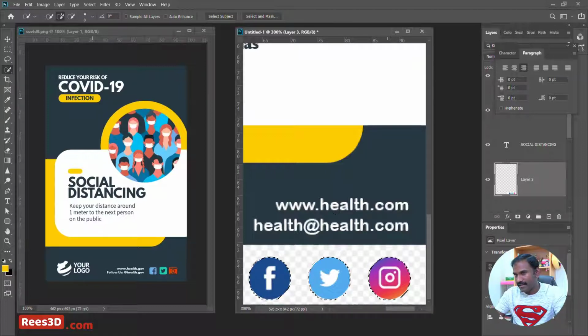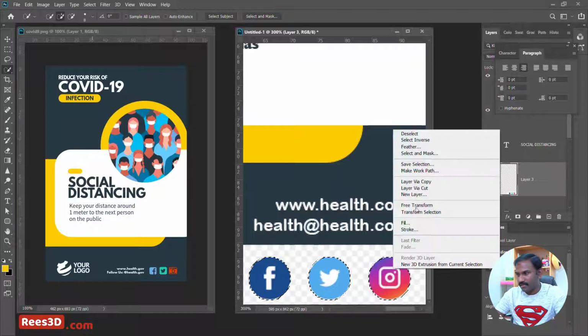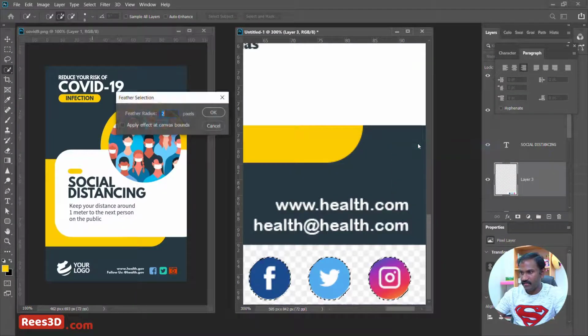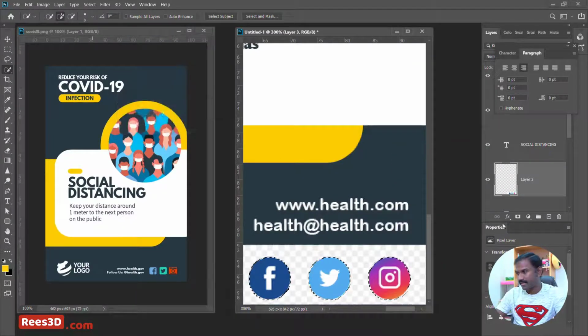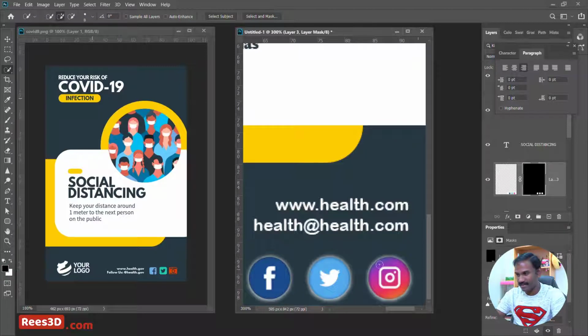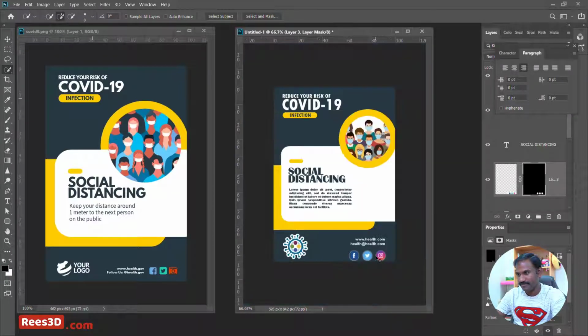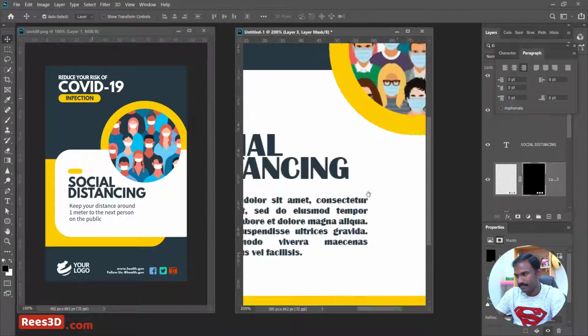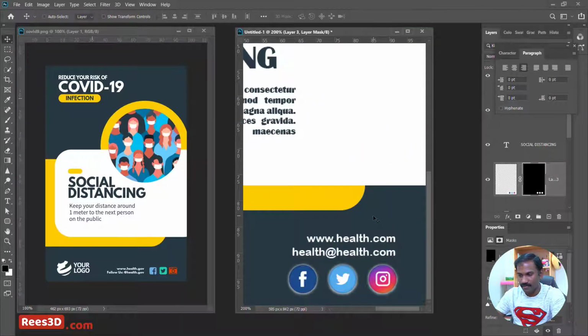Anyways, I'll right click and apply a feather, 2 pixels, and I'll repeat the same steps that I did earlier by adding a layer mask. Okay, so that gives us fine result. Okay, so I'll just push this a little bit up here. I can use the arrow keys as well. All right,